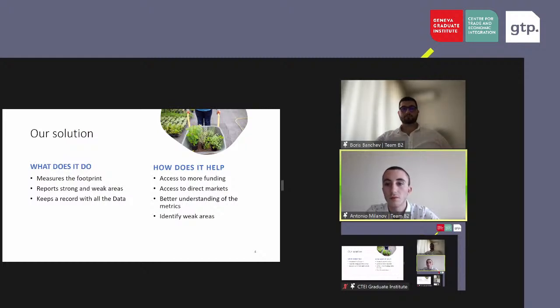The results can also be used by the farmers as proof that their production is meeting the standards and that it is sustainably produced, and will also help them sell their production to more markets and will open the doors for more funding. On the other hand, with the help of our application, policymakers will have another option from which they can get data.